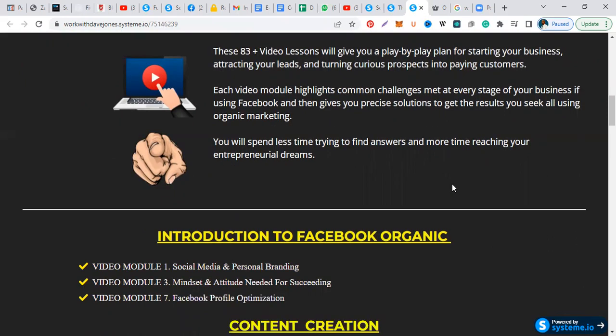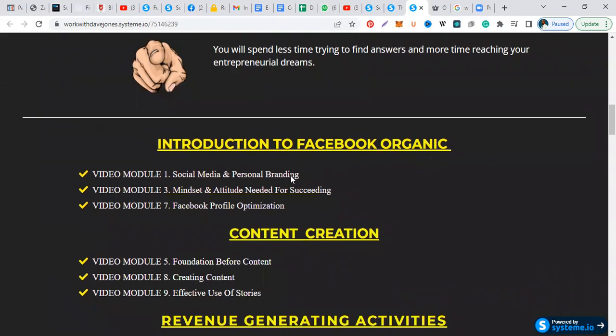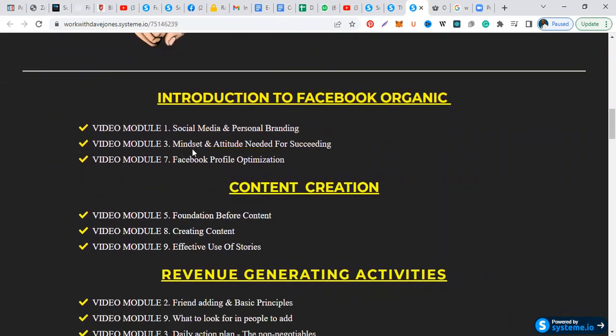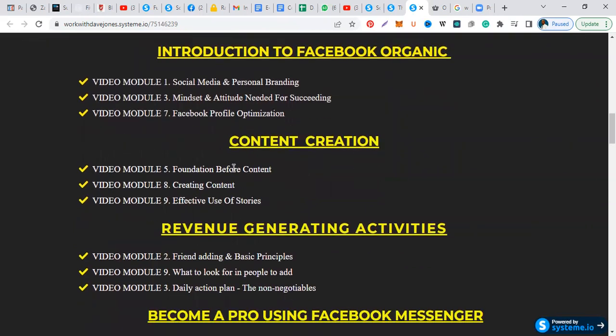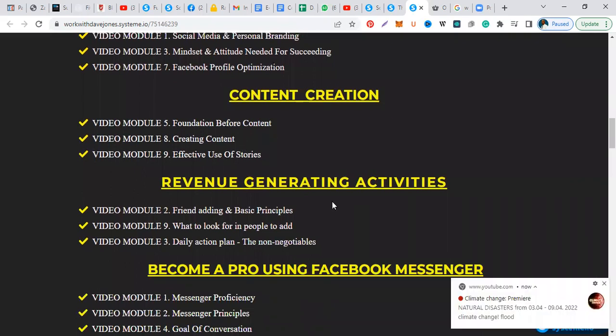So now we go down to the next stage where we look at the elements of the program. Introduction to Facebook Organic, and I give you 3 examples of some of the modules you'll find in there. So I don't give you everything, but I give you snippets. So you'll get social media and personal branding, mindset and attitude needed for succeeding, Facebook profile optimization. This is something that a lot of people on Facebook are not getting right. Facebook profile optimization. Then you have content creation, the foundation before the content, creating content, and the effective use of